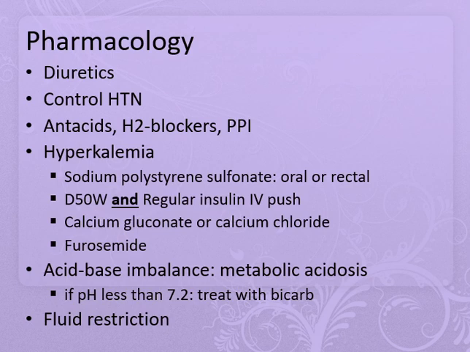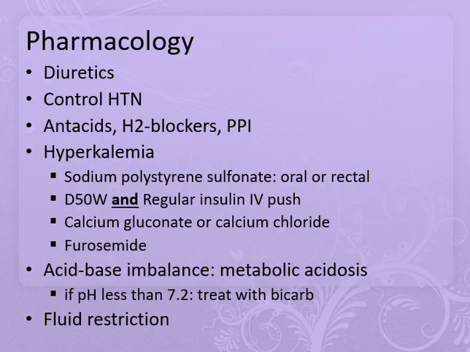What else can we do? We can give D50 and regular insulin IV push. What that does is it forces the potassium from the blood out into the cells and drops their potassium level. We can also give calcium gluconate or calcium chloride. That may be given as an additional order with your D50 and regular insulin. And we could give a diuretic, furosemide, because that's a potassium wasting diuretic,